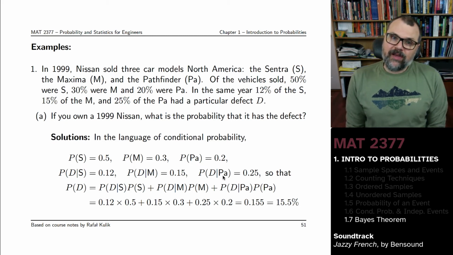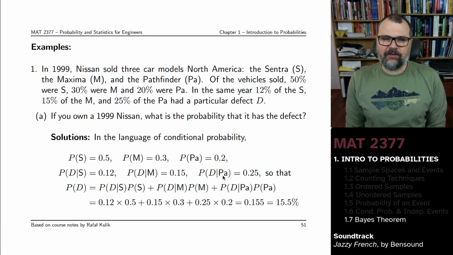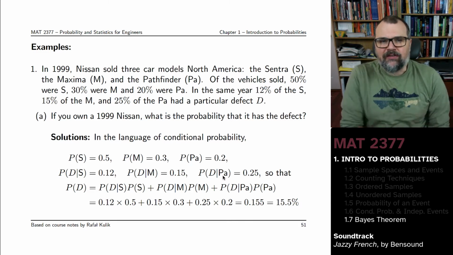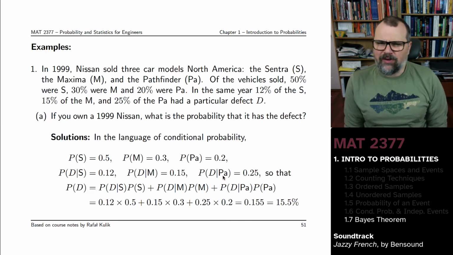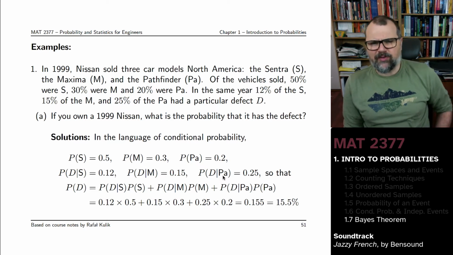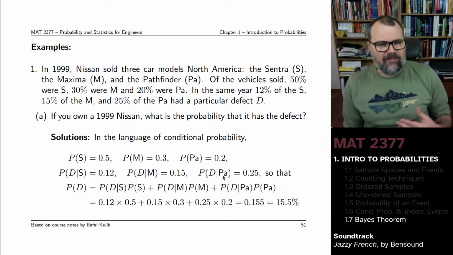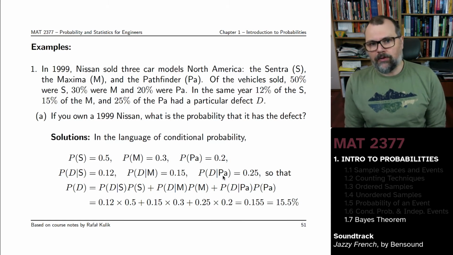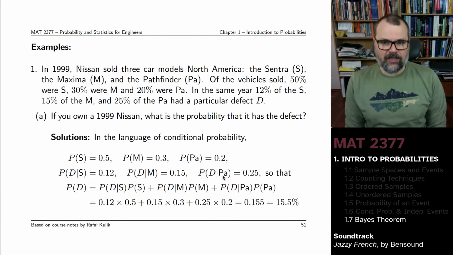Now, does that sort of make sense? Well, look, 12% of the Centras had the defect, 15% of the Maximas had the defect, so 15.5 is reasonable. 25% of the Pathfinders had a defect. Now, 15.5 is substantially smaller than 25%, but keep in mind that the Pathfinders were the least popular of the models. They only make up 20% of